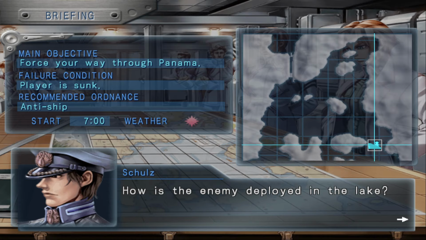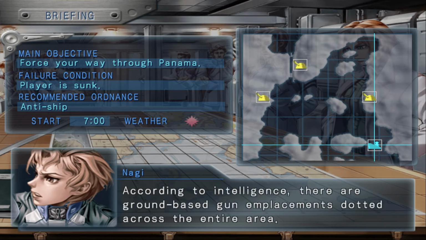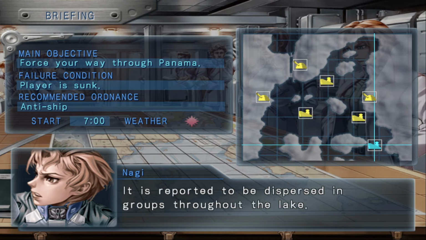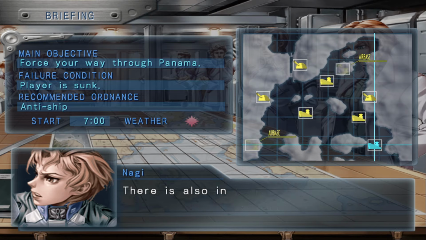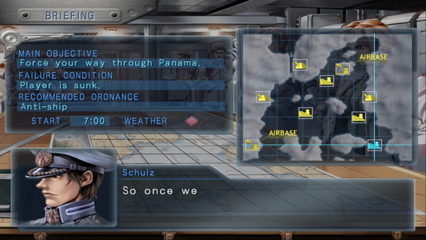How is the enemy deployed in the lake? According to intelligence, there are ground-based gun emplacements dotted across the entire area. Also, a defense force composed of small ships has been deployed. It's reported to be dispersed in groups throughout the lake. There's also information that an aircraft runway exists near the gates on the Atlantic side. But once we enter the lake, we'll...